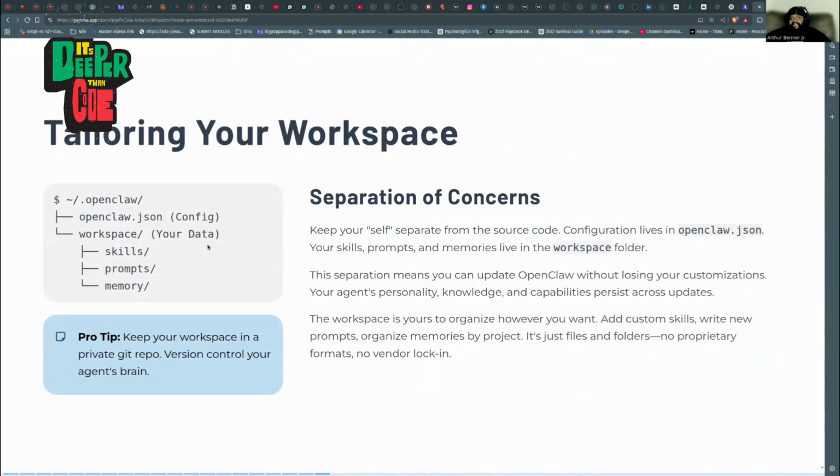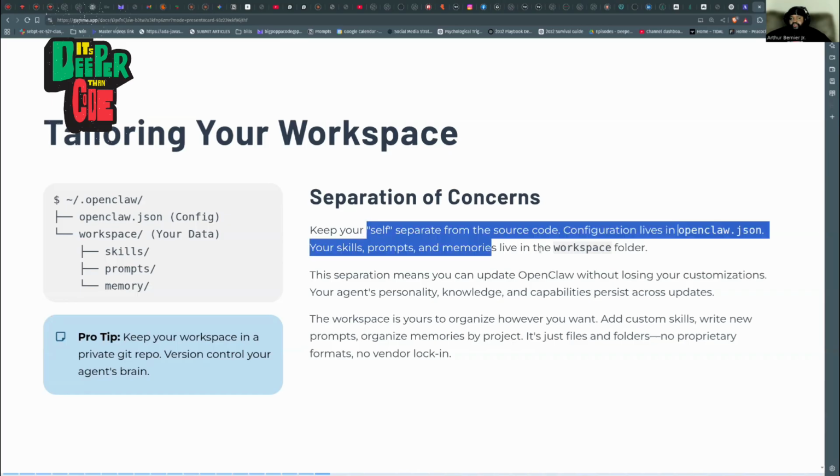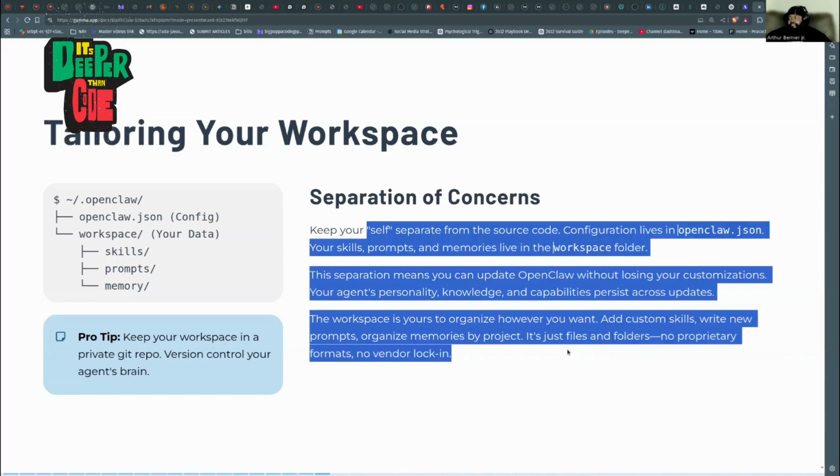Once your workspace is set up, you'll be able to go into your workspace and add additional things that you need to separate your workspace so that it works the way that you want it to work. Inside the workspace is where you're going to keep all of the information that the bot is using as context in order to behave in the way that you want it to work, right?